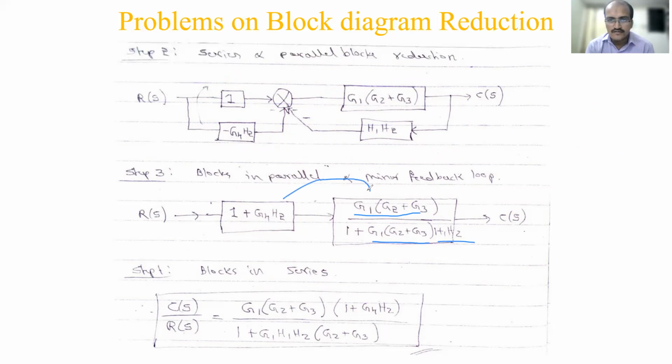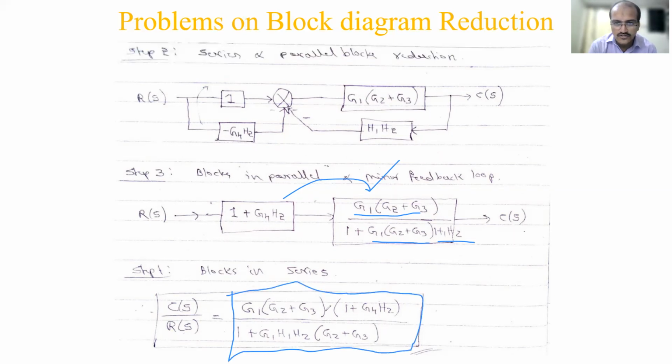So actually, in the problem what they have told is that you have to show it as a single equivalent model, right? So that's why here I have written a transfer function only, but you should not write this, it is a mistake. What you have to do here is show it like this, the last block. Okay, this is one rectangular block. So just multiplied here, right?